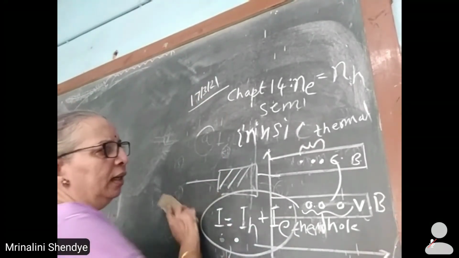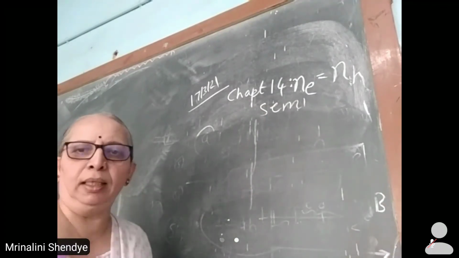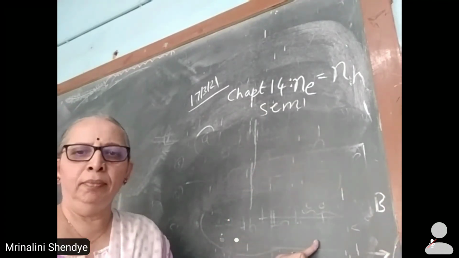So here, this is intrinsic semiconductor, energy band diagram, valence band,